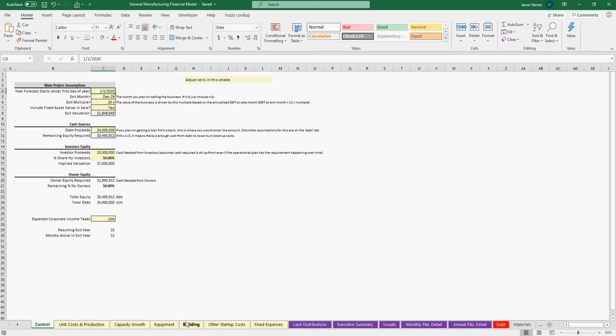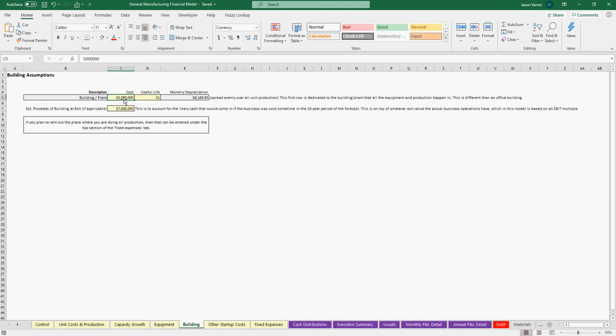For the exit, there's also a building assumption. So if you're leasing the building, it wouldn't matter. You just put on your fixed expenses, you've got some kind of building rent. But if you're buying the building, you have the initial cost here, useful life, the monthly depreciation, which this is assuming only the building plant that's allocated directly to the production of your widgets. If you also have to buy an office building or rent an office building, those costs would not be included here,